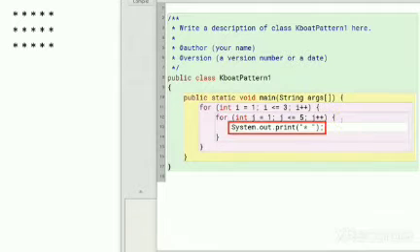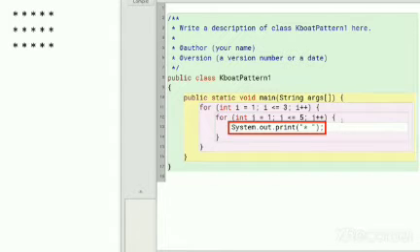Notice that I have written system.out.print, not system.out.println. The inner loop controls the number of terms getting printed in each row. If I write println instead of print here, then each star will get printed on its own line. We don't want that. We want the stars of a row to be printed next to each other. For this reason, we have used print and not println.